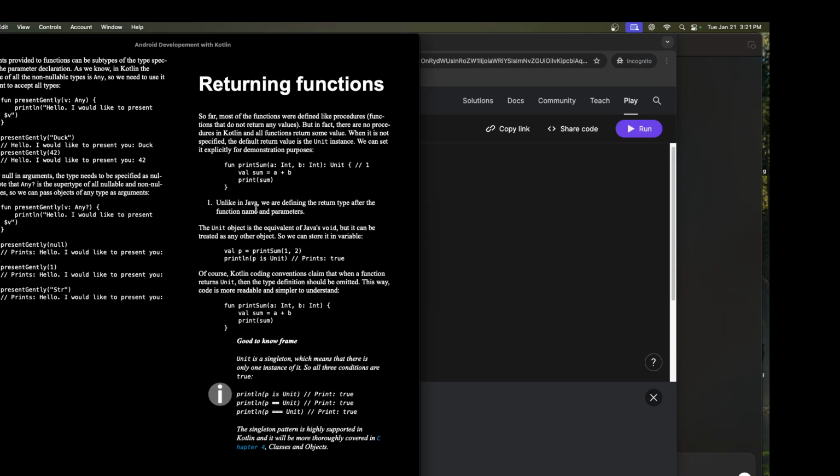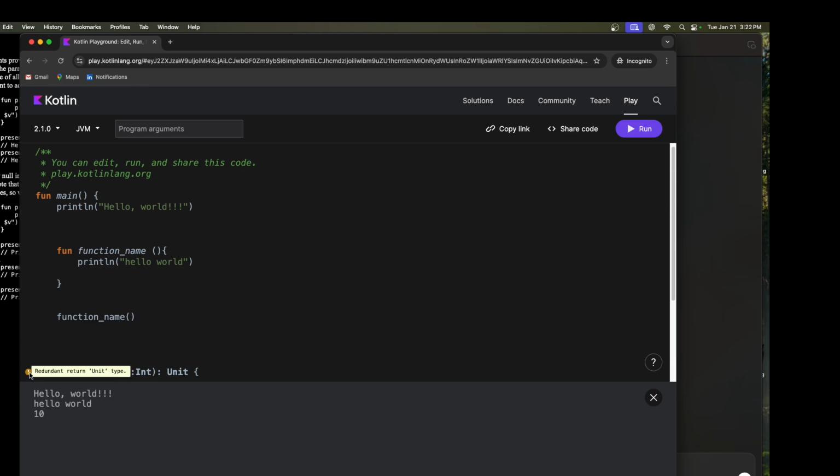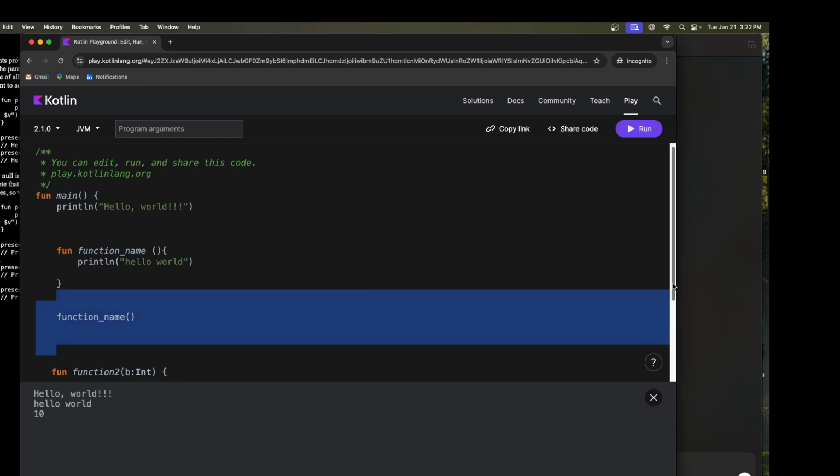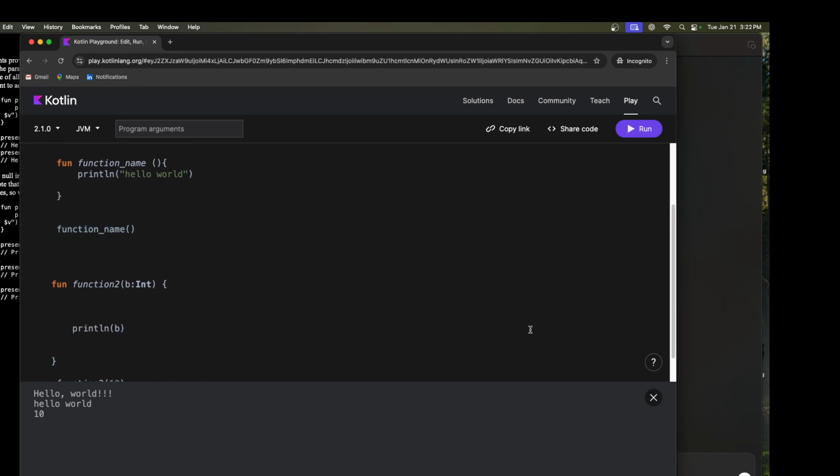In Kotlin, unlike in Java, the Unit object is the equivalent of Java's void, but it can be treated as any other object. We can store it in our variables. So if you want, you can. Of course, Kotlin coding convention claims that when a function returns Unit, then the type definition should be omitted. This way, code is more readable and simple. So I'm saying if you are returning Unit, there's no need to write this. You can ignore this, and then the moment we assign it to a val